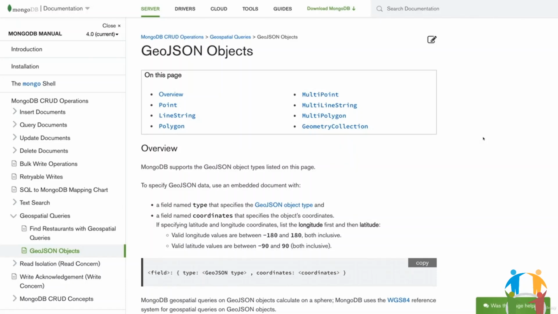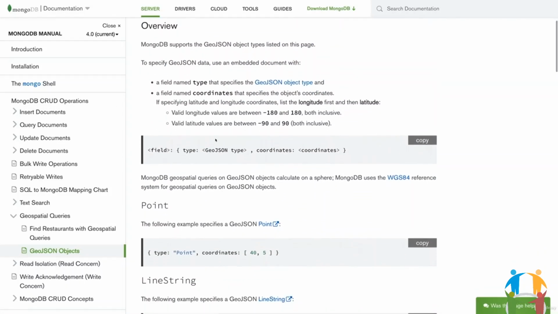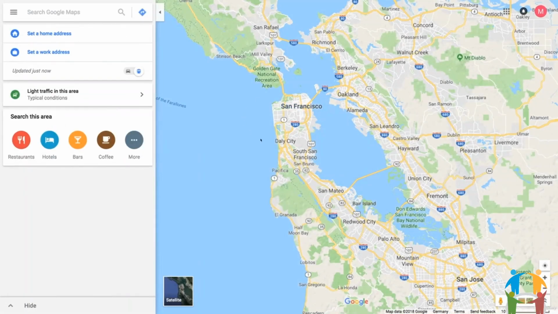Because GeoJSON is not a standard invented by MongoDB, it is actually available outside of MongoDB too. And there you have more objects available than are supported by MongoDB. But MongoDB supports all major important objects like points, lines, polygons, as well as some special advanced objects. Now this article is definitely worth checking out, but the most important thing here is that you understand how a